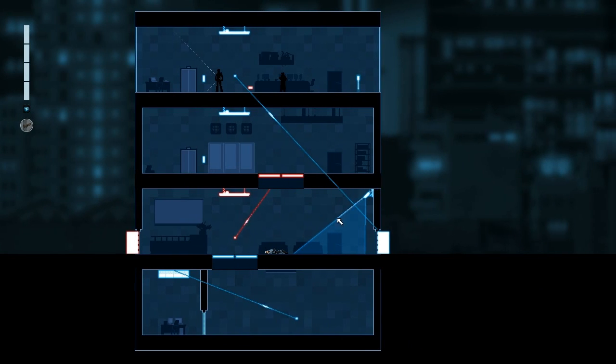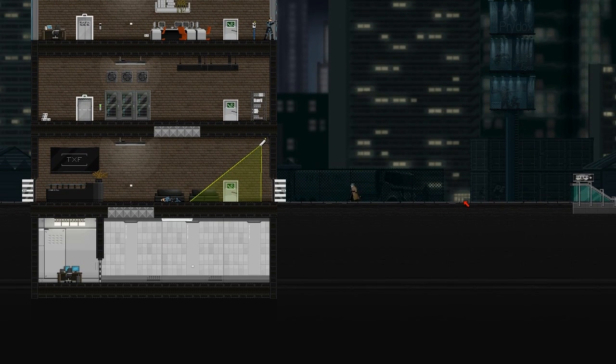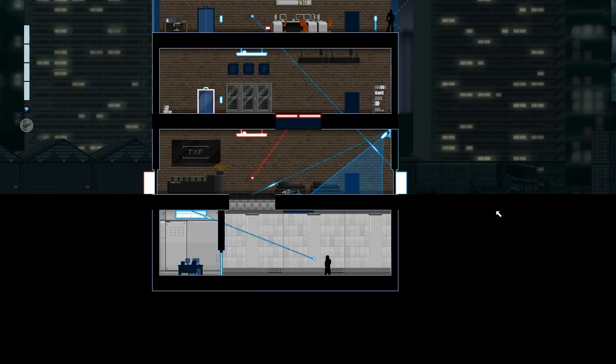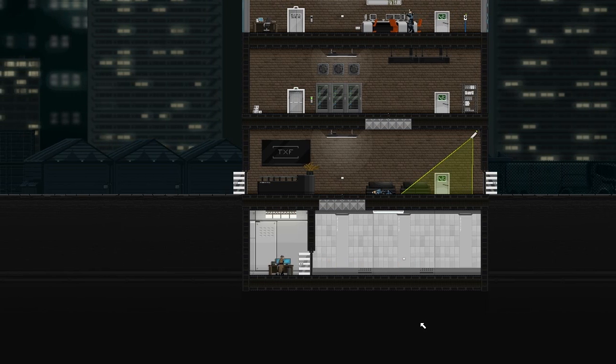So instead I'm going to wire this camera to the trap door, and then when I get in, it'll sense me and open the trap door when I'm actually down there. So I'm going to jump out. Guard's going to hear that and just didn't see me. And now I'm down here, I can just wire this light switch to that door, open it up, and hack